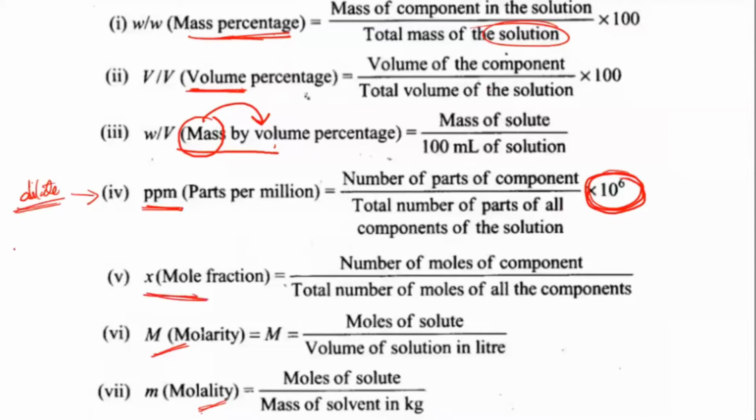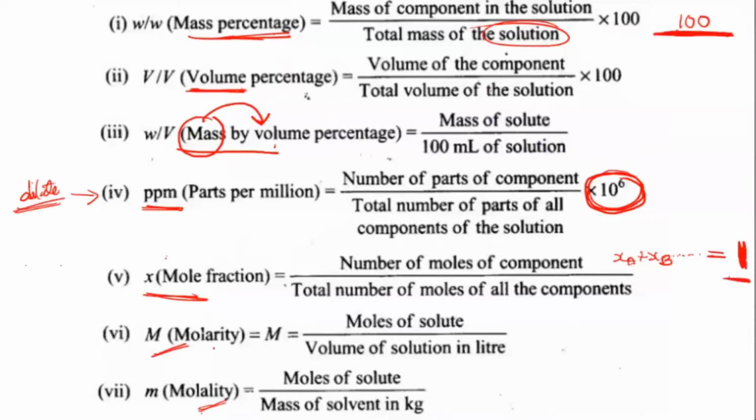If two components are taken in terms of moles, and if you want to calculate the contribution of one component, then you will take the number of moles of that component, divided by the total number of moles of all the components. And remember, when you add the sum of all the components which are present, like A, B, and so on, everything will come out equal to 1. In the percentage case, everything will come out as 100. When you add all the components together, in percentage it will come as 100, and in the case of fraction, it will come out as 1, when you sum everything up.